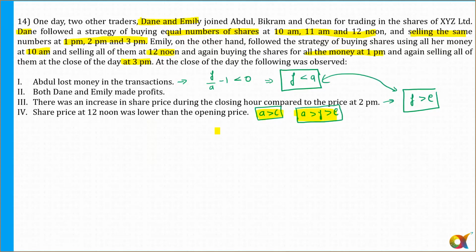And point number 2, I'll come to point number 2. But from 1, 3, 4, we can say A is greater than C and A is greater than F as well as greater than E. Any doubts to anyone till this point? Please tell me. Tanya, Nikita, Ayush, Shai, and everyone?